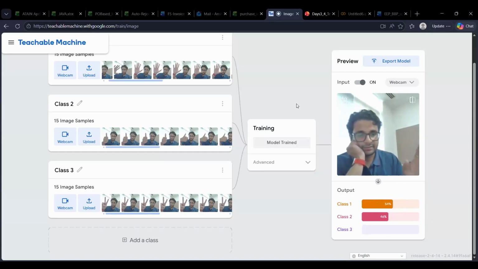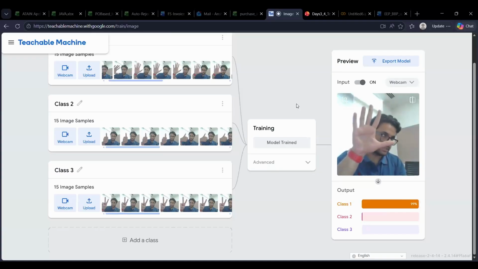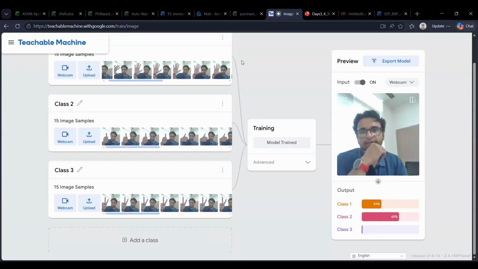Does everyone understand what is currently happening right here? Anyone has any doubts about it? See, it can recognize my palm is open, so it can clearly show me class 1. Everyone is clear about it? Any doubts? Sir, how are we going to implement this in our models?